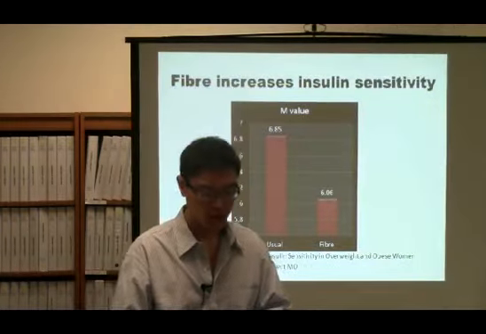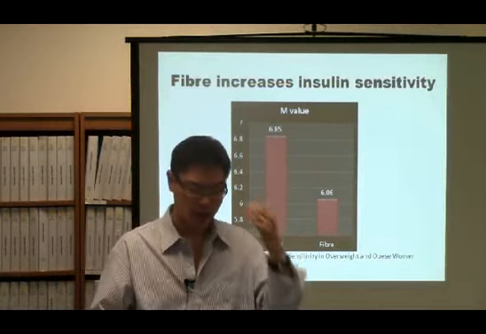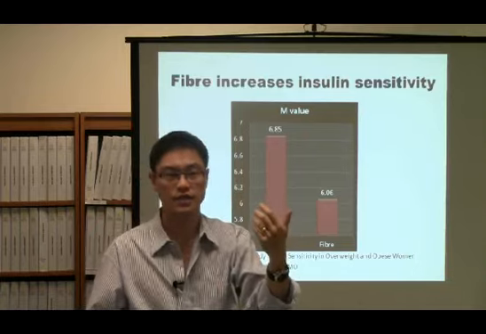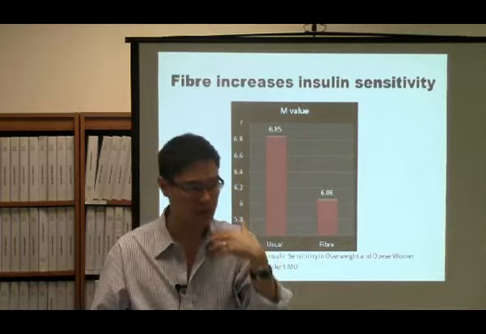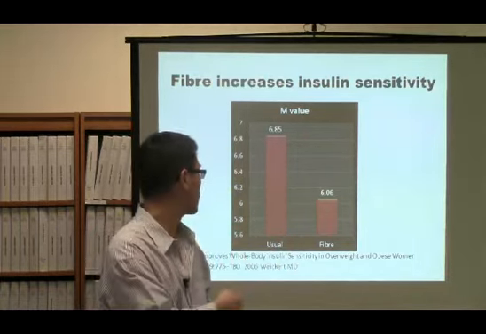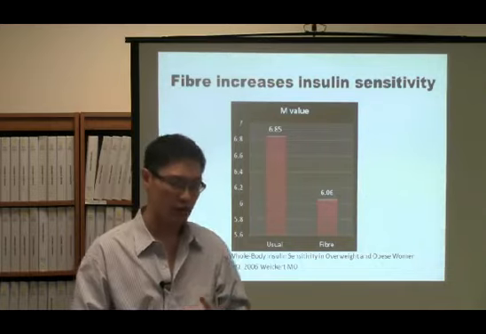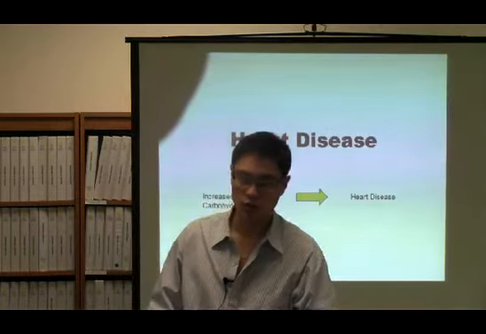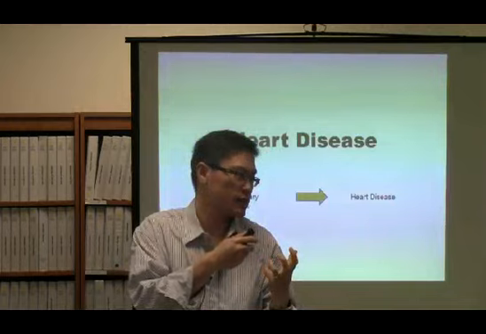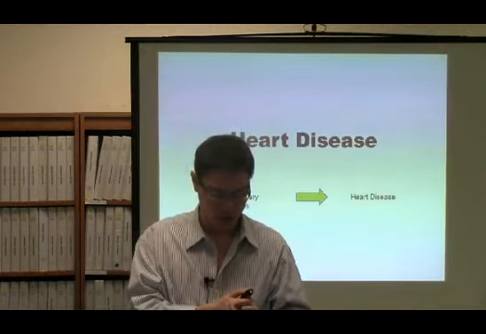and the weight seems to go down much more. And if you give people a lot of fiber, again, you can increase their insulin sensitivity. So the fiber acts almost as an antidote to a lot of these carbohydrates. And if you look at the usual group, the fiber group does much better in terms of that. So you can see that all these diets, they target the serum insulin,